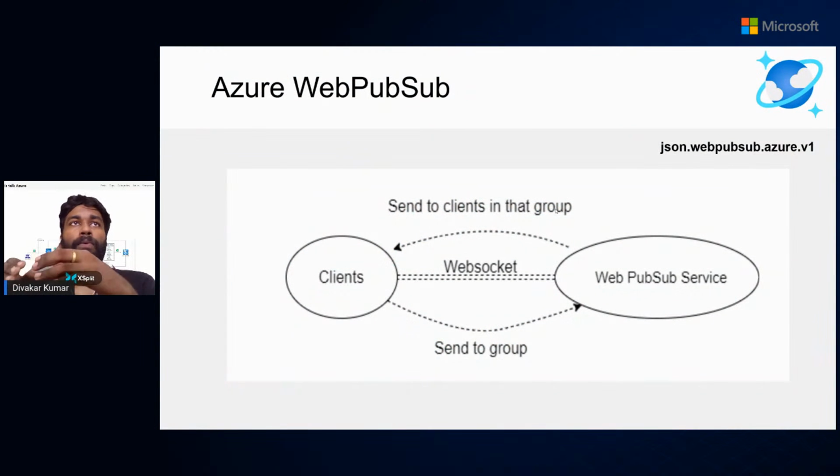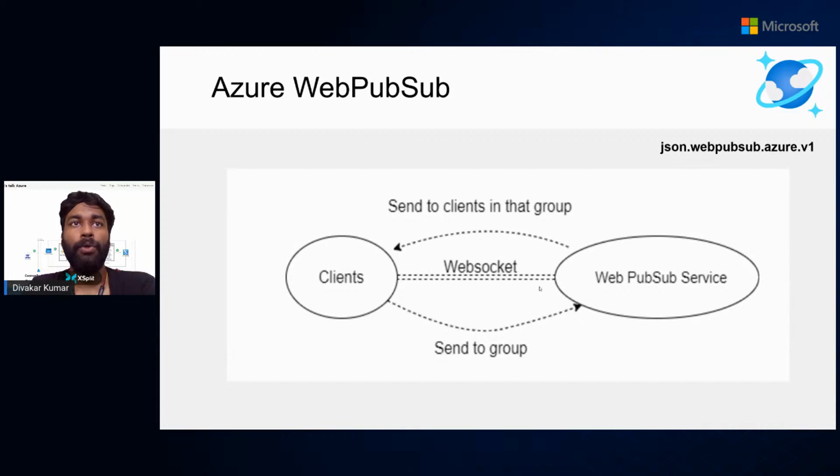So one way of using the Azure services is the Azure Web Pub-Sub service. This allows you to handle the WebSocket connection between your client and the servers. As shown in the diagram, there can be a number of clients to whom you can broadcast the message, and from the clients you can also communicate directly with the Azure Web Pub-Sub service without going through a round trip to different servers.